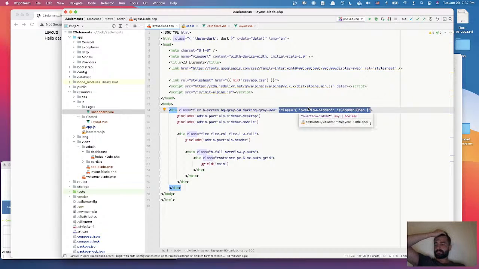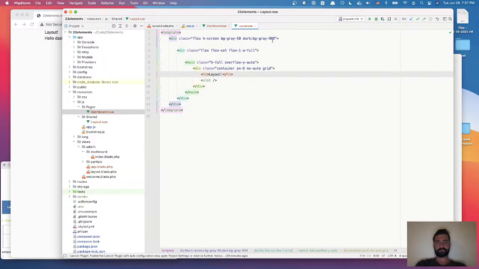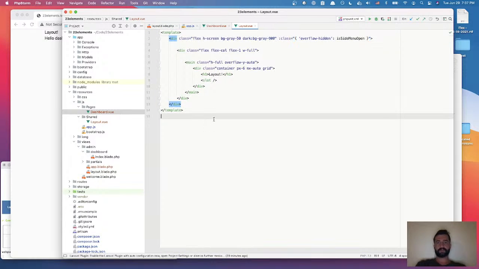This is going to have to be part of our layout. Actually, you know what, we can put a data property on our layout. Let me not cut it, let me copy it. And then in our script, we'll just do